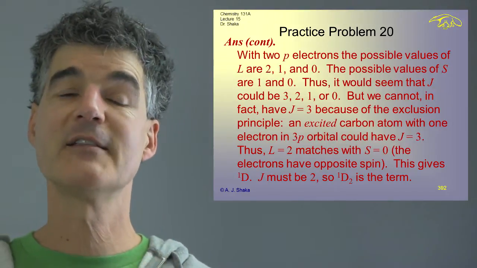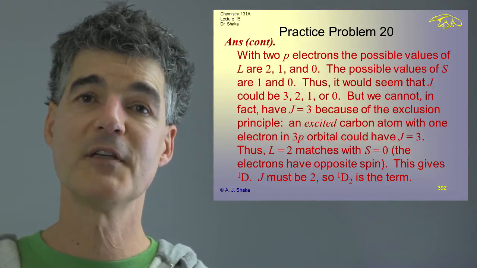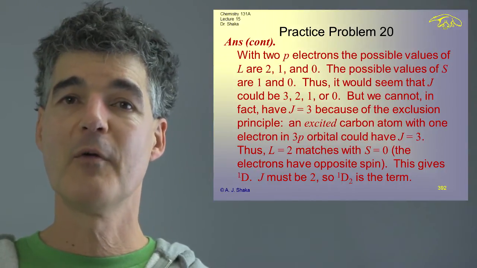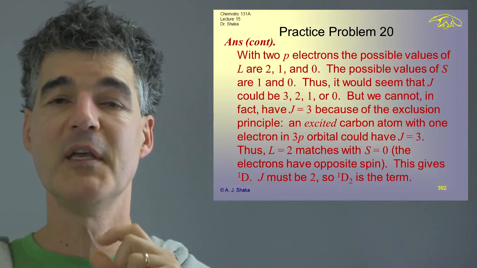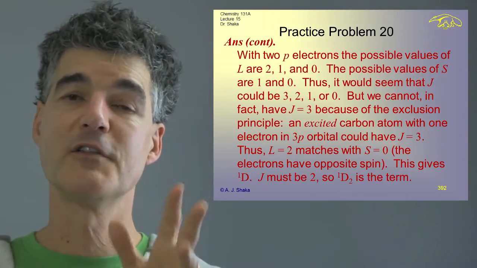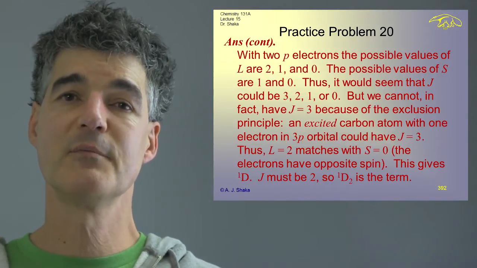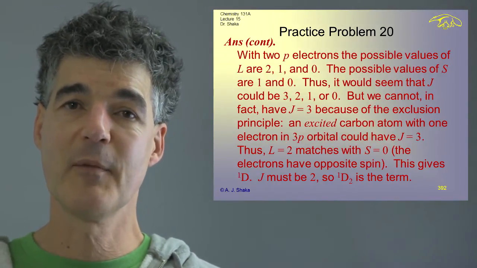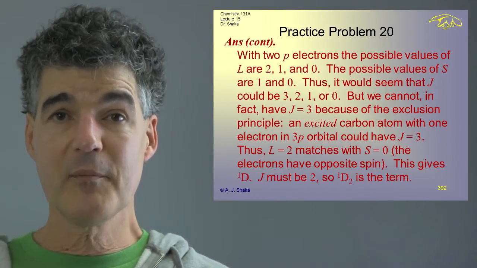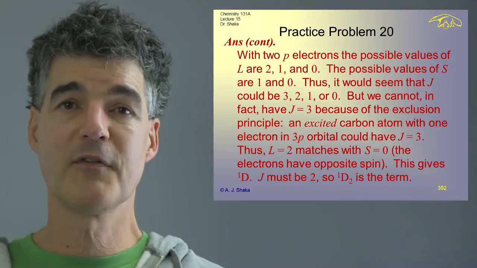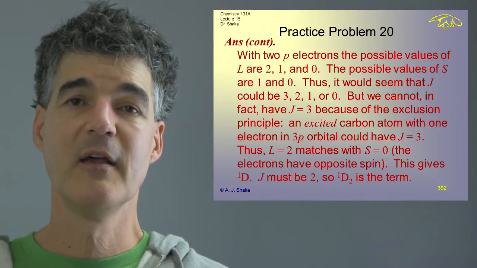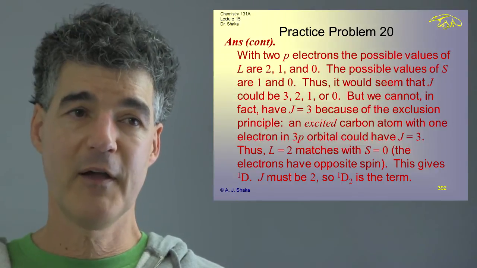If we had an excited carbon atom, and that's why some books give you these weird problems where it's an excited atom, where one of the electrons is in a 2p and one's in a 3p, then you just total them all up because they're in different shells, and so the Pauli exclusion principle doesn't apply. They aren't in the same orbital. In this case, which is actually more important to work out, because usually you want to work out the terms for the ground state of the atom to figure out what kind of spectroscopy you can see, you have to be quite a bit more careful how you do it.